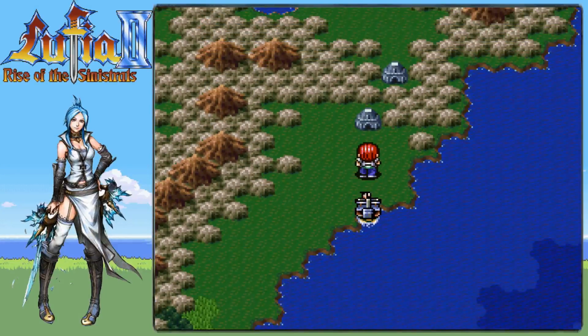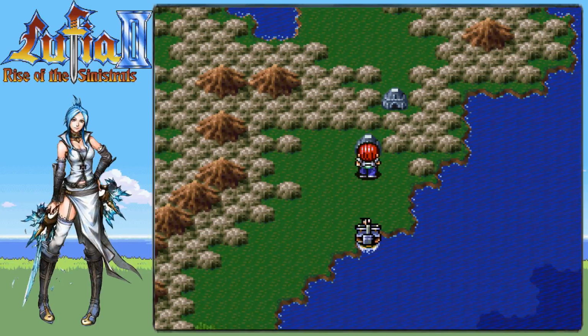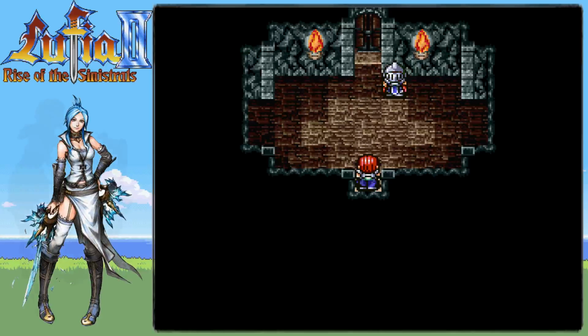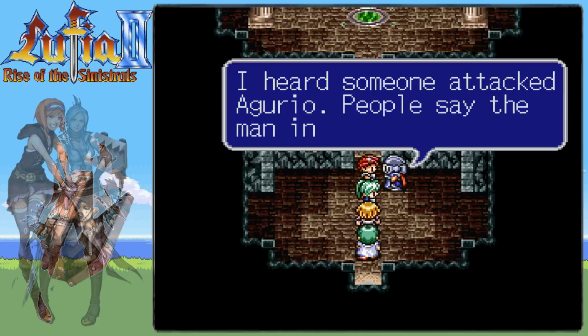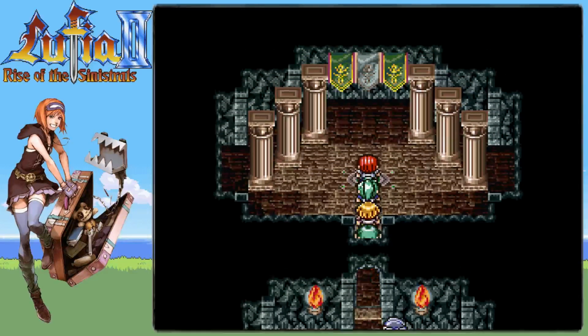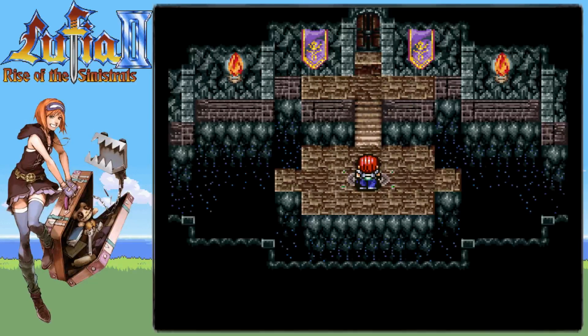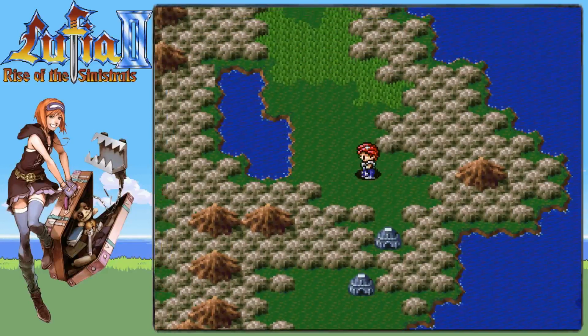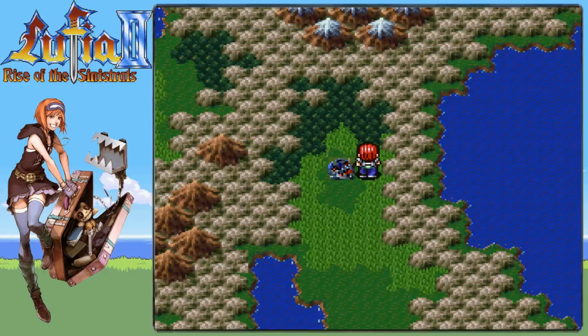Alright, so there was a shrine here. This may have been the only way to get to Aurelio, so I think we'll probably have... Or Aguario. Oh man, I had it wrong all along. Fire me. Now that someone's destroyed the town, though, we'll let you go have a look at it. Probably would not have let us go by until we did that last tower. Betcha. I just betcha. And no sea connection, so...